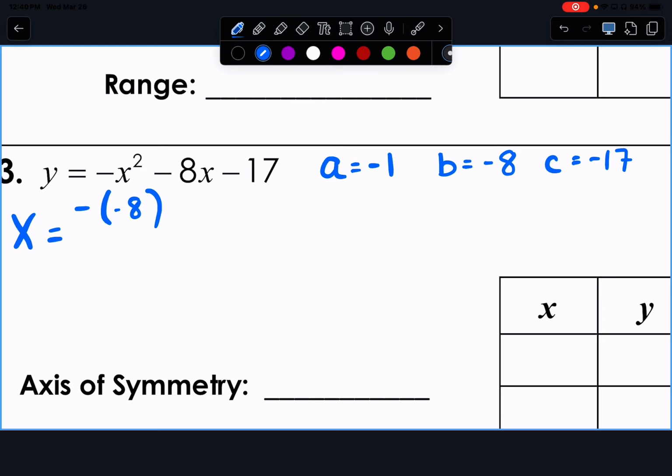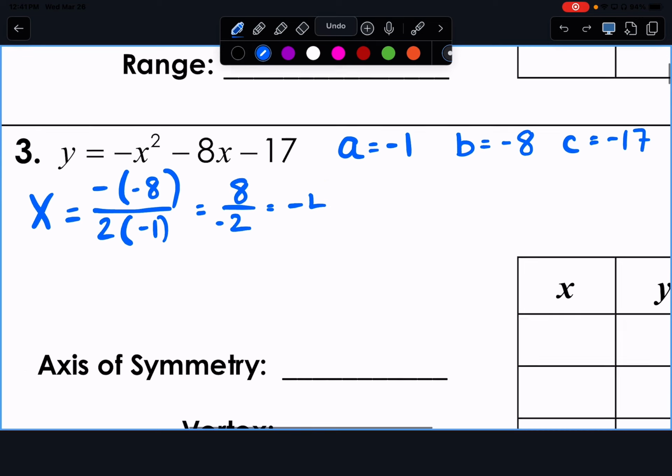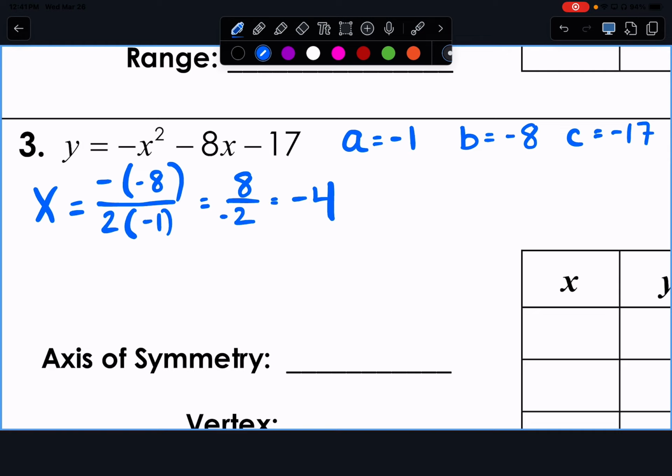Negative 8 over 2 times a. What do I need to plug in for a? So in the numerator, a negative and a negative make a? But in the denominator, a positive and a negative make a? Negative. And what is 8 divided by negative 2? Negative 4. And then we are going to plug that in to find the rest of our vertex,